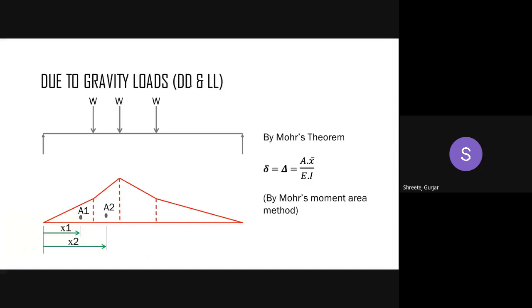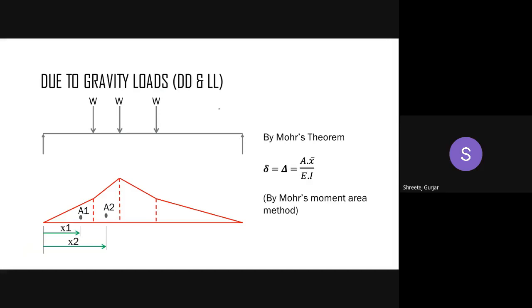Now, moving on to the next type of beam wherein you have random loading. Point loads, you have a number of point loads and they are not situated symmetrically. You can observe they are not symmetric. They are randomly placed at any distance. So when you have this kind of beam and you want to find the maximum deflection,